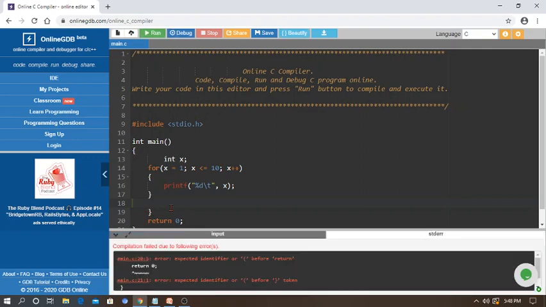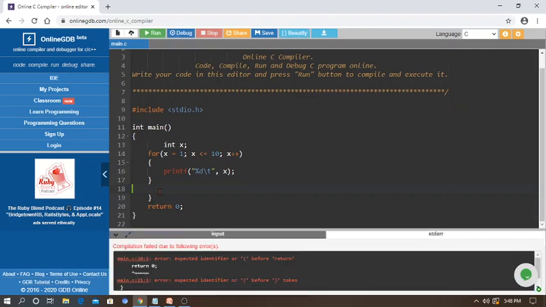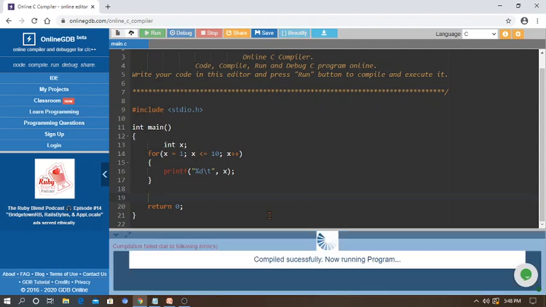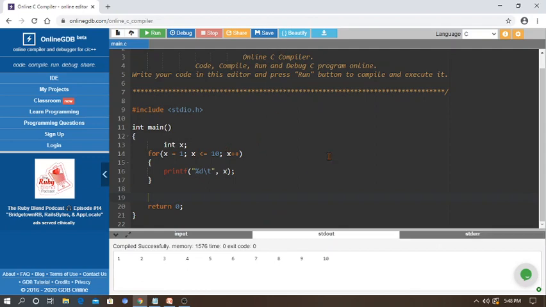Both will get the same answer. Logic is important, along with syntax and how to use it, and you should be thorough in the usage of operators. So we successfully executed the above program, and we are getting the answer of the first 10 natural numbers.